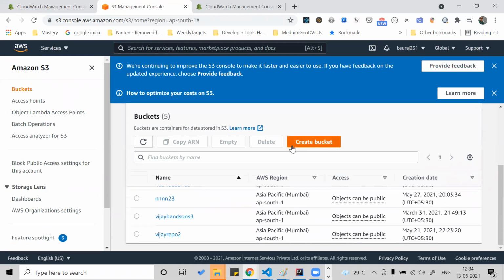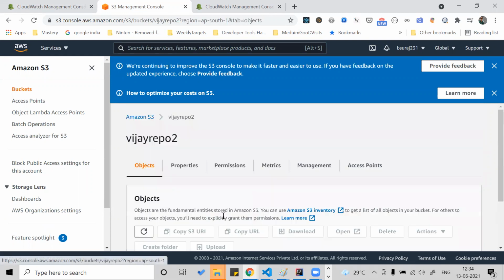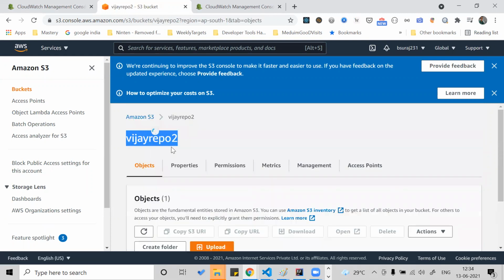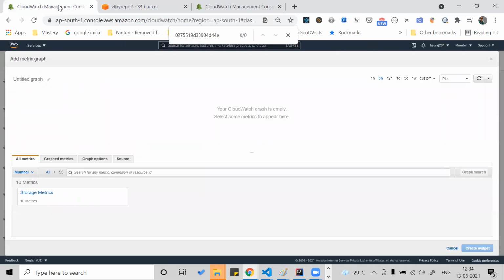Okay, we'll use Vijay Repo 2. Let's copy this. And now what are the metrics that you can see in the bucket? Any idea? You are not bothered about the CPU utilization here. Yes, please go on, Rahul. Number of objects, storage. Yes, it is in the bucket, right? The number of objects created, put by someone, removed by someone, deleted by someone. So those are the actions that can be performed.